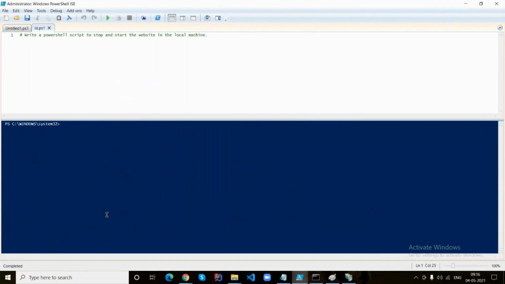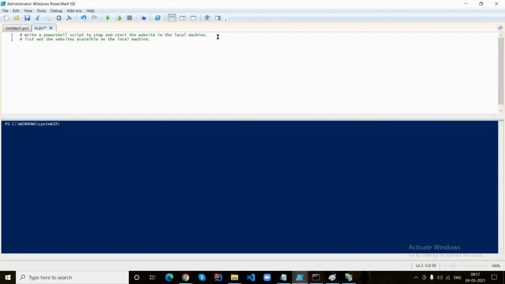Yeah. In the script you can write down: list out the websites. In the next line, make a commented line please. List out the websites available on the local machine. Whenever you say local machine, you don't need to specify any machine name. That's why I'm saying local machine. If you want to get the information of remote machines, you need to create an invoke session there. Okay.